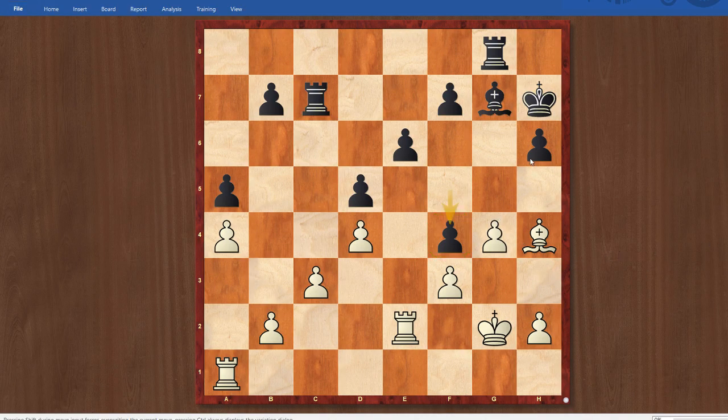And not to mention the fact that black might have counterplay with h5 after the bishop on g7 moves. And that h5 g4 tension would be positive pawn tension for black, because I can never want to take on h5 because I open up this g file for counterplay, and black can pretty much take on g4 whenever he wants. So f4 is a very, very annoying move, and it was actually in this position that I realized